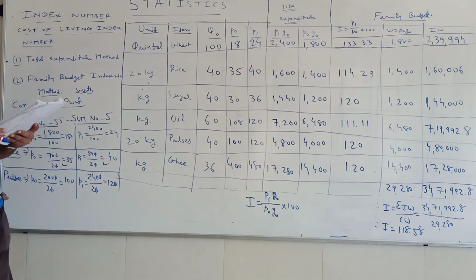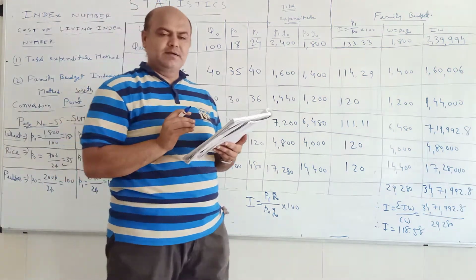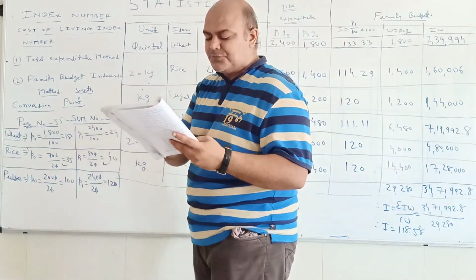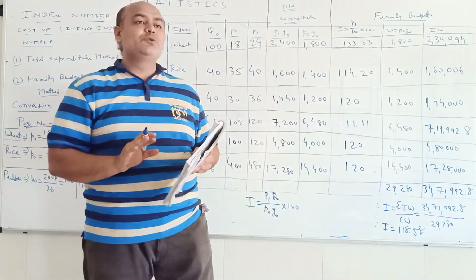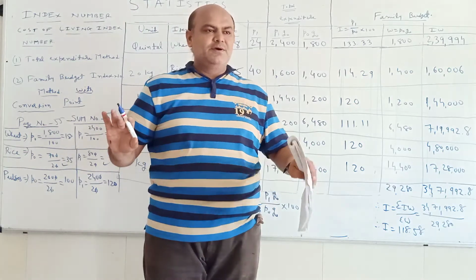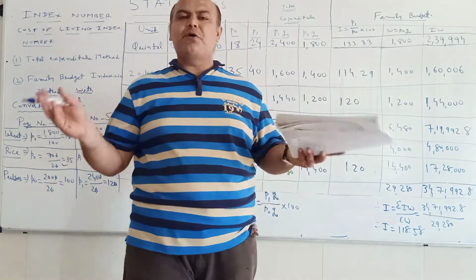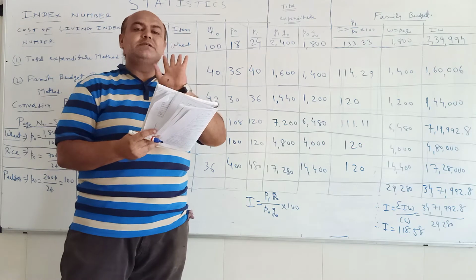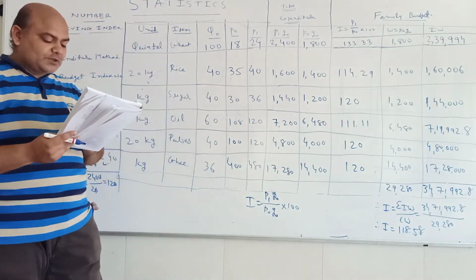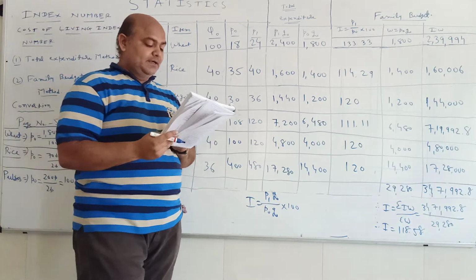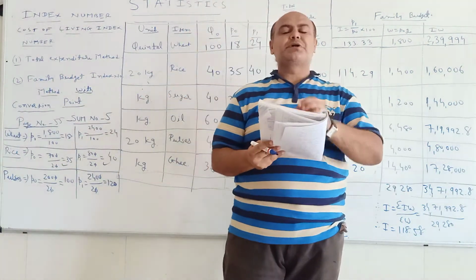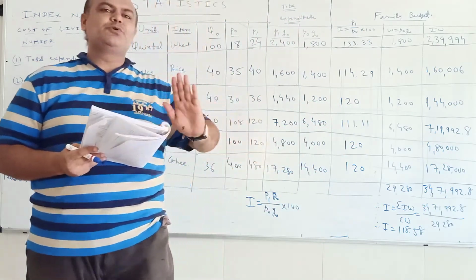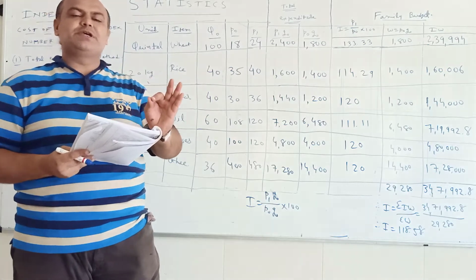Now we move towards our next item, and that is sugar. Unit is provided in kilogram, quantity or consumption is also provided in kilogram. So there is no need to change anything. No division in price or no change in quantity, because unit is in kg and quantity or consumption is also in kg. So no change. Now fourth item, that is oil. Again the unit is in kg, consumption or quantity is also in kg. Similar, kg and kg. So there is no change in price or no change in quantity.